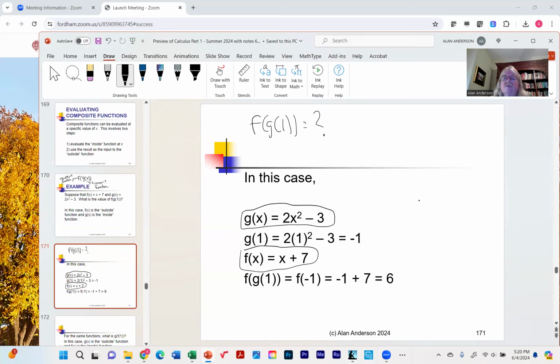So this is a two-step process. We're going to take g of 1. Now, since g of x is 2x squared minus 3, g of 1 will be 2 times 1 squared minus 3, equals 2 times 1 minus 3, negative 1. All right, I'm trying to make it a little neater. Okay, so if g of 1 is negative 1,